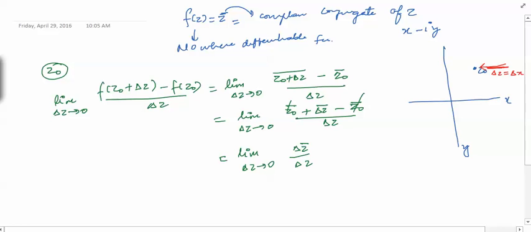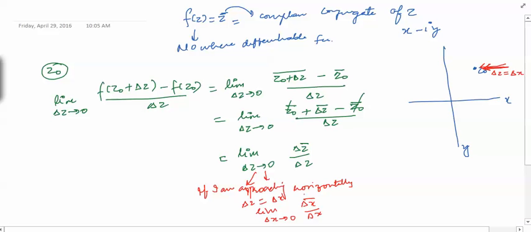This limit should exist independent of the paths. So if I am approaching horizontally, I have del z equal to del x. So what is the limit? The limit will be limit del x tending to 0, del x bar divided by del x. Del x bar is nothing but del x because it is real, so this is 1, so the limit is 1,